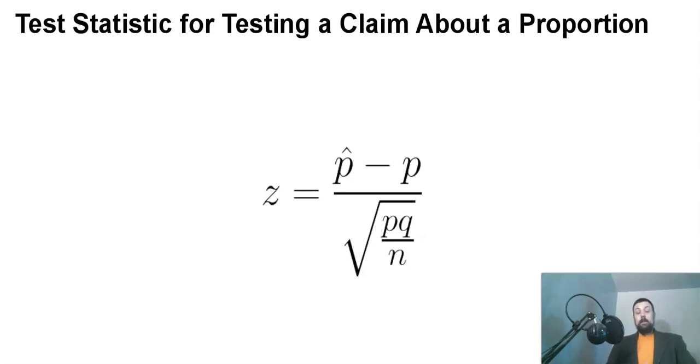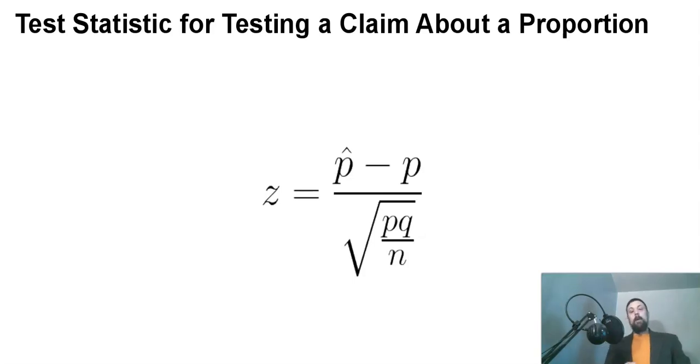So this is the test statistic that we should use when we get to that phase of the problem. P hat, which is the sample proportion, minus P, which is the assumed population proportion. Again, we don't really know what that is. That's what we're testing a claim about. But for the sake of argument, we assume its value based on the null hypothesis, right? So we take the null hypothesis we're given, assume that it's true, and that's the number that we plug in